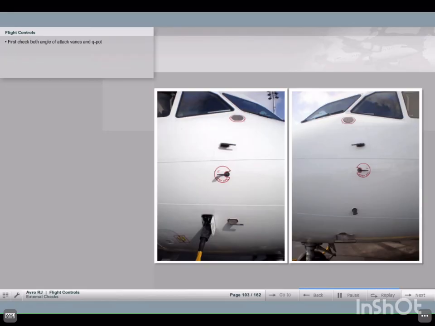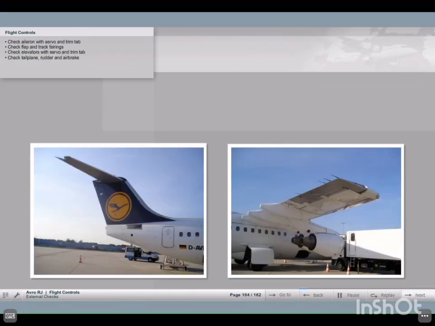Click on the respective area to have a more detailed view. Then check the aileron with its servo and trim tab, flap and track fairings, the elevators with their servo and trim tabs, the tailplane,